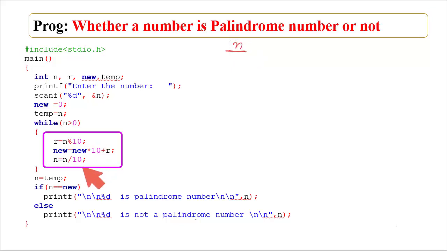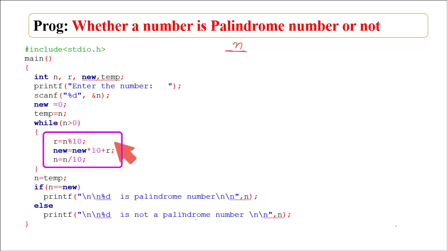These three main instructions I have used in the body of a while loop, where the condition of the while loop is n greater than 0. Means the body of the while loop will be executed till the value of n is greater than 0.